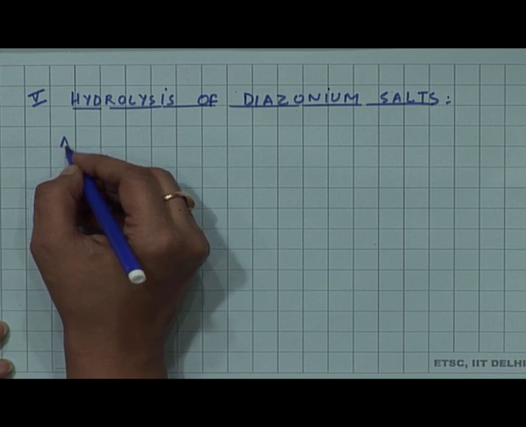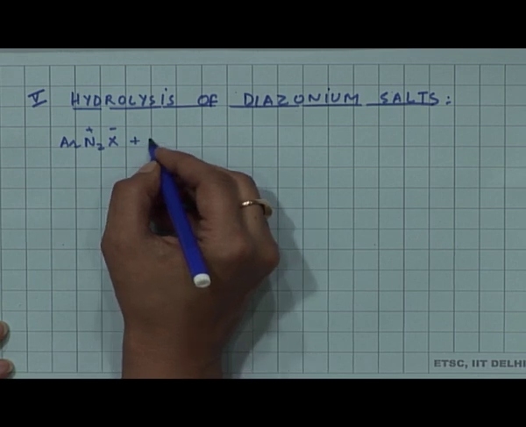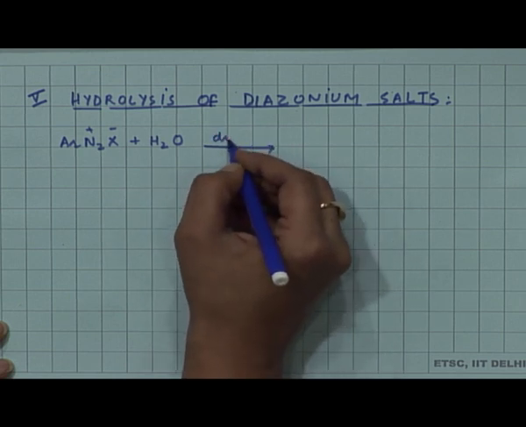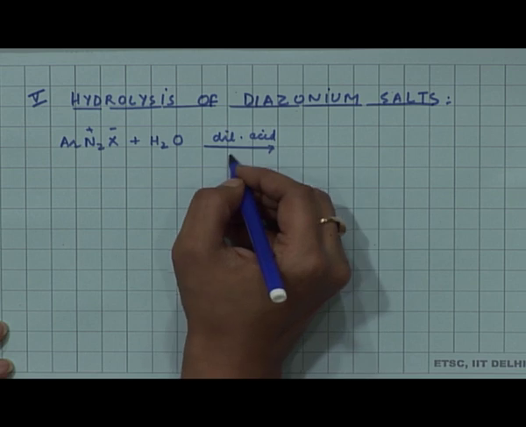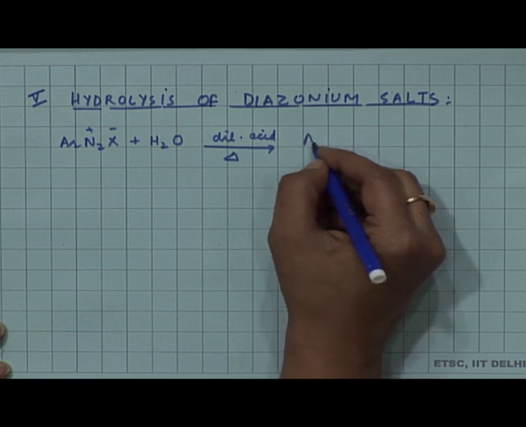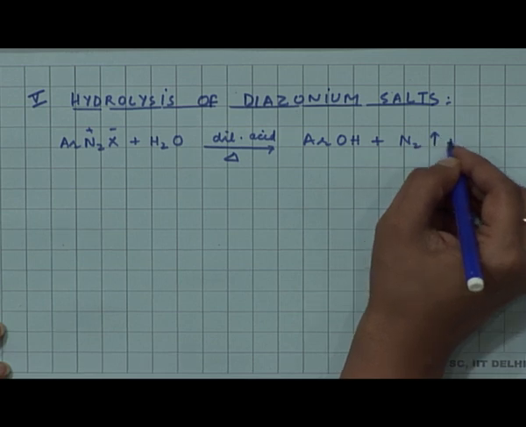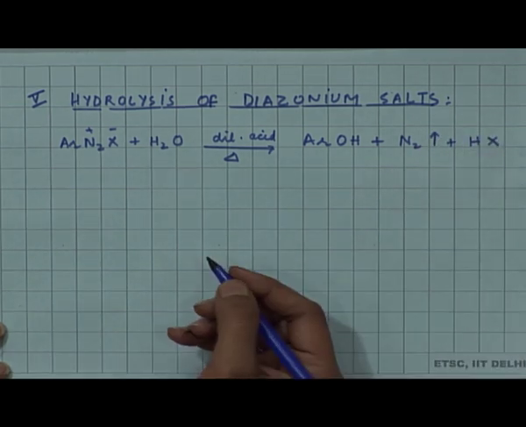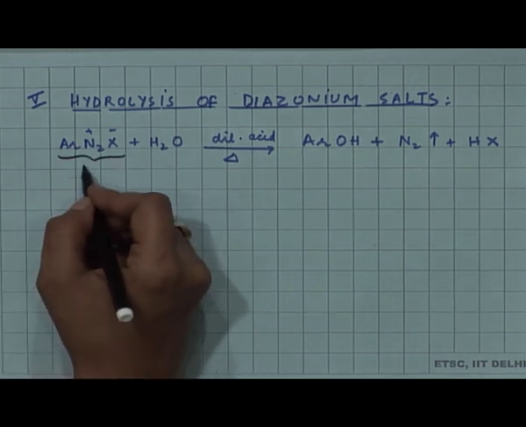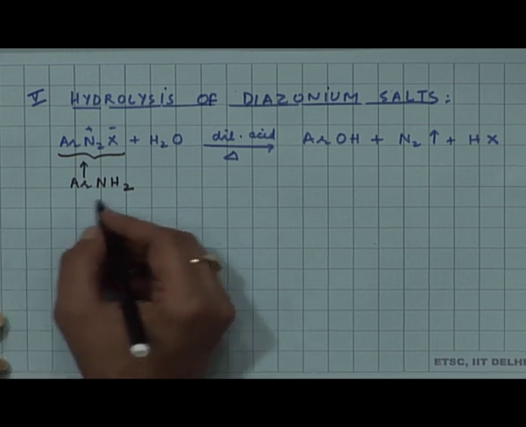You have a diazonium salt, you subject it to acidic hydrolysis at a certain temperature. The reaction involves heating, and you get the phenol along with the liberation of N2 and HX. And the diazoniums we know are easy to obtain starting from the aryl amines, and the aryl amines